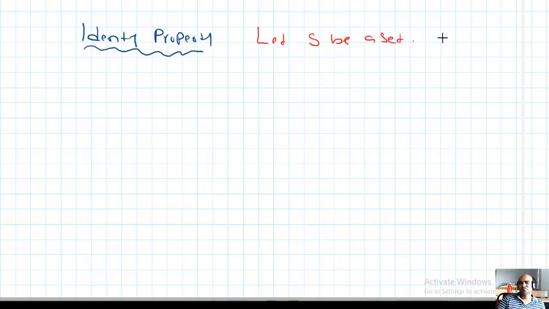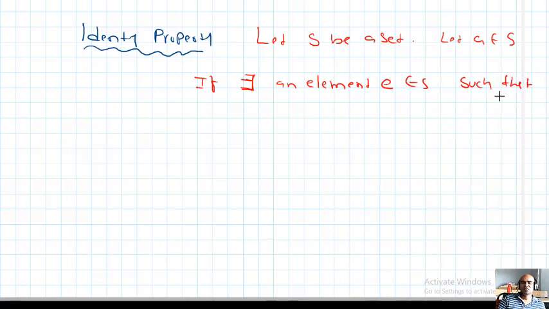Let small a belong to S. If there exists, the symbol for there exists in mathematics, you read as there exists an element E belonging to S such that A circle dot E equal to E circle dot A equal to A, then